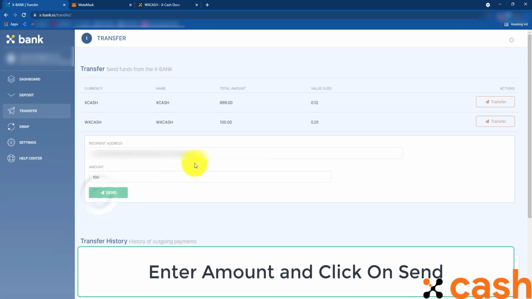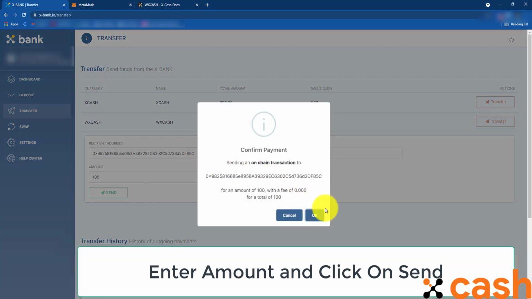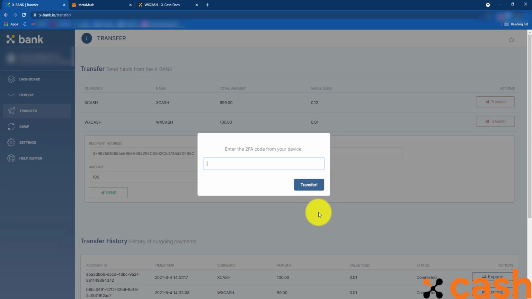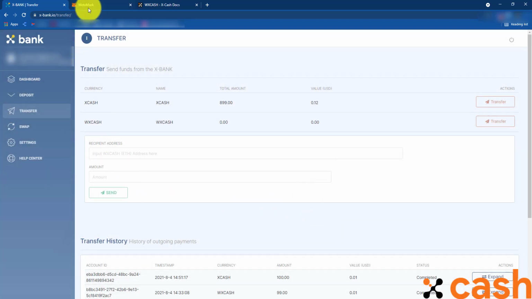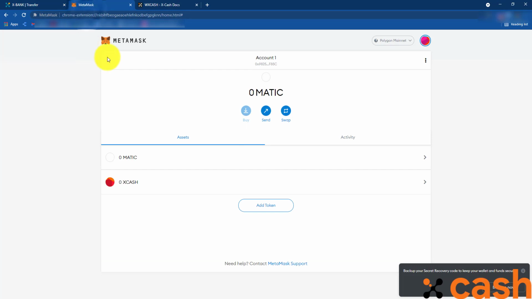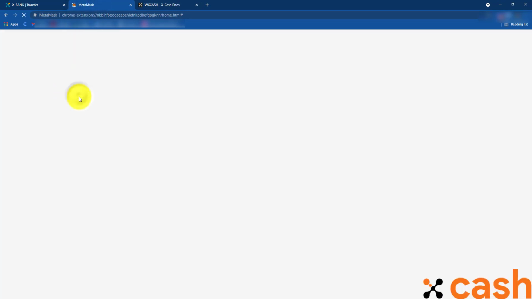Enter amount and click on Send. Reload and you will receive your Xcash on MetaMask.